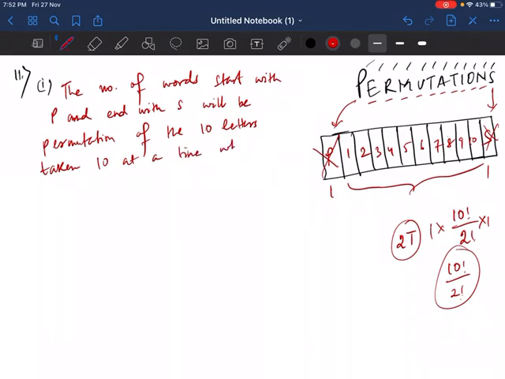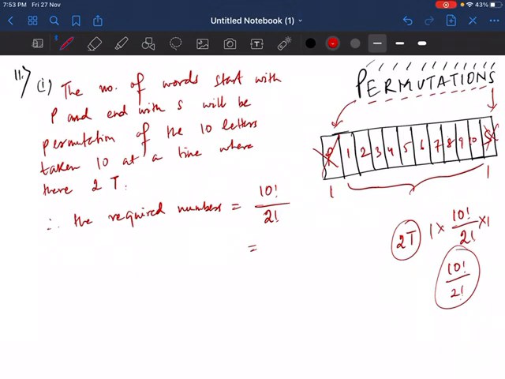Taken 10 at a time, where the letter T, where there are 2 T. Okay, so hence, therefore the required numbers are 10 factorial divided by 2 factorial. So that gives us,